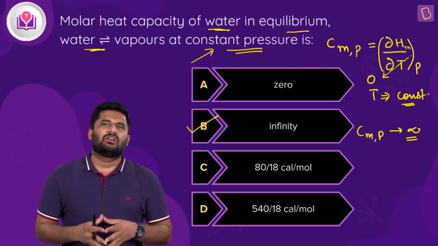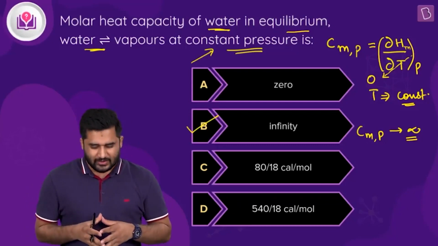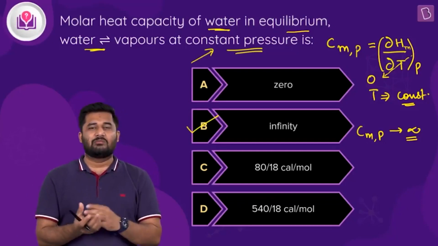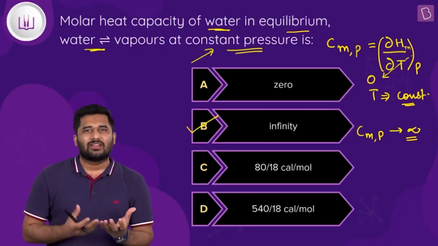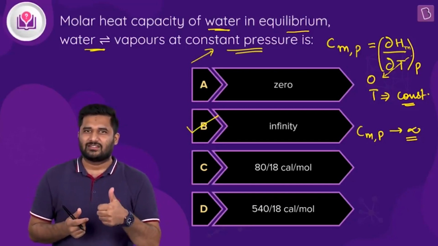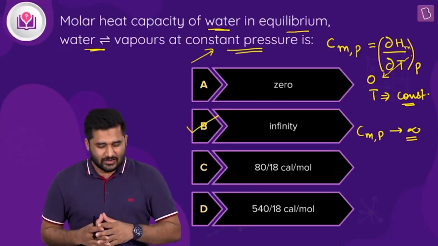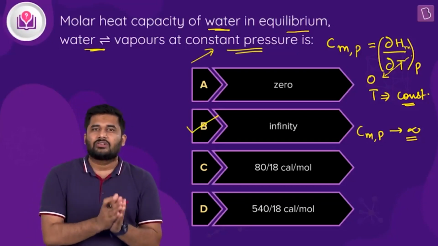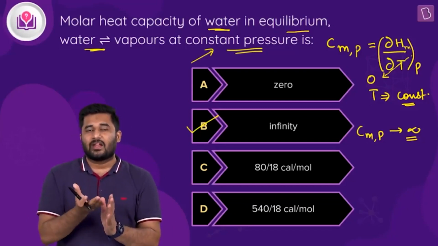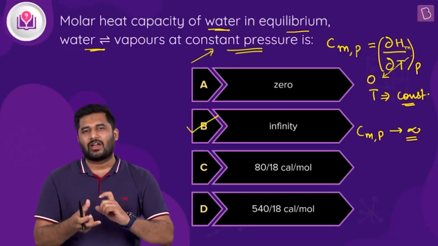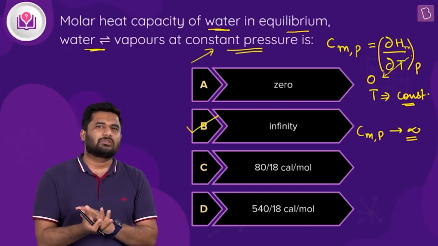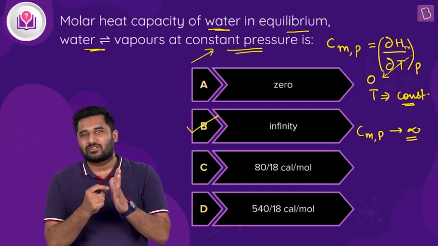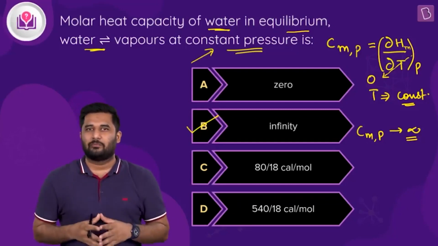Now let me tell you the practical aspect of it. All right, so just imagine, by definition we know that molar heat capacity is the amount of heat required to raise the temperature by 1 degree Celsius, isn't it? For 1 mole, obviously. So now you can see, since the process is at equilibrium, and we know that whenever water is converted into vapor and whenever the equilibrium establishes, then whatever is the amount of heat that you supply will be used in phase conversion. That means it will be used in conversion of water from liquid to the vapor form, isn't it?